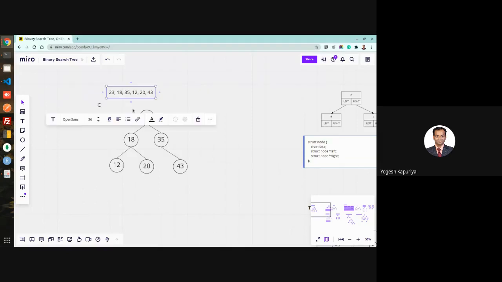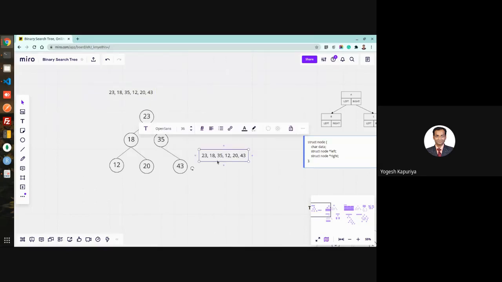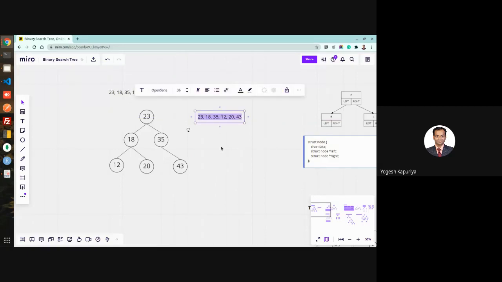We also need a traversal for this, because whenever you want to verify something, we need it. So let's write down the in-order traversal. What is in-order traversal? It will be left, node, and right.